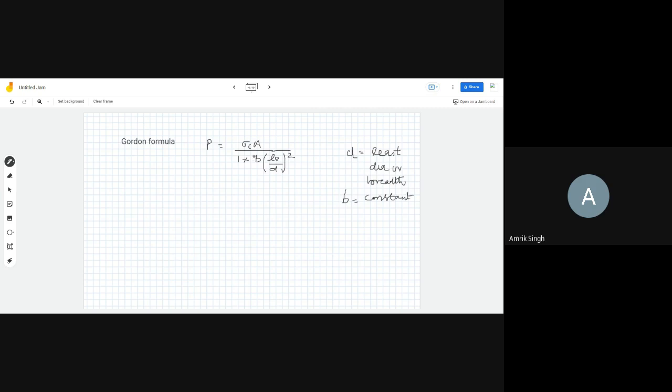So these are the different formulas we use for the case of the